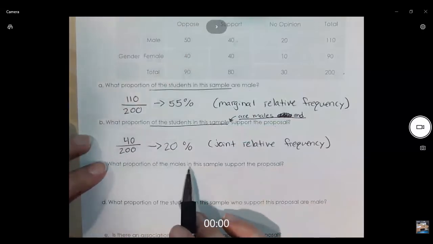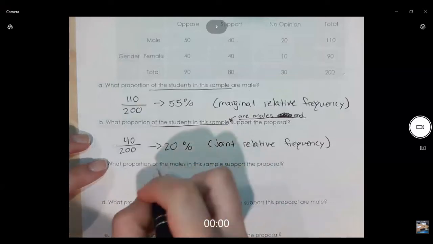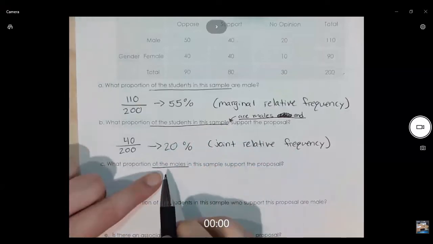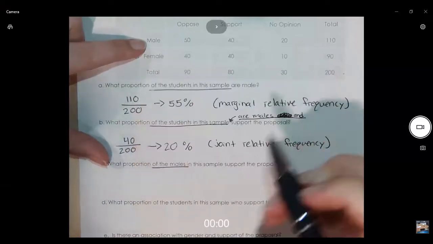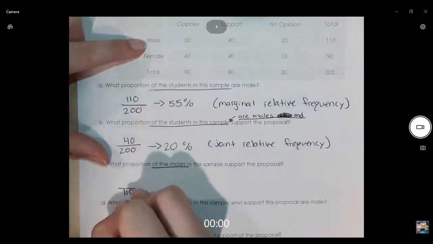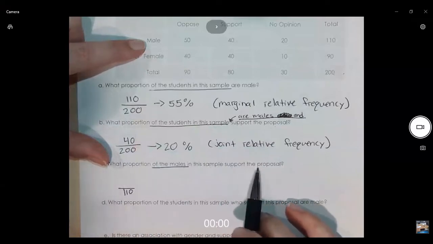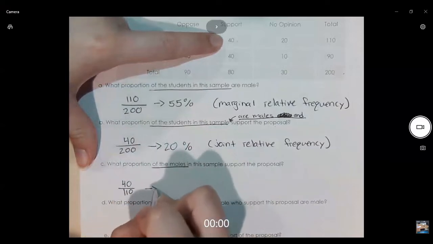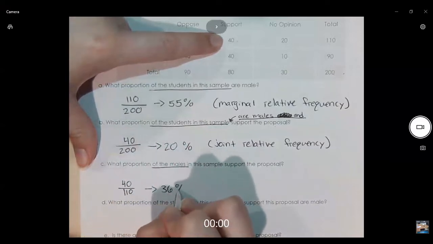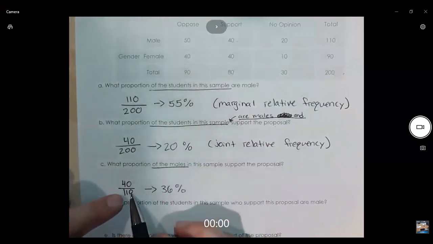Next, what proportion of the males in the sample support the proposal? So what percentage of the males? We are looking specifically at the group of males for our total. So there's 110 of those people, and we want to know out of the 110, how many support. We see that 40 support, and if you calculate that, it is 36% when you round. And this is an example of conditional relative frequency because given the condition that they are male,